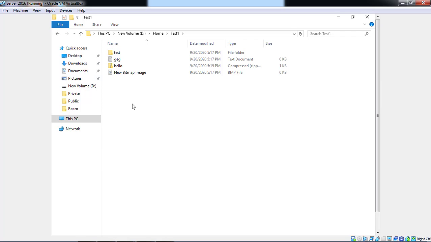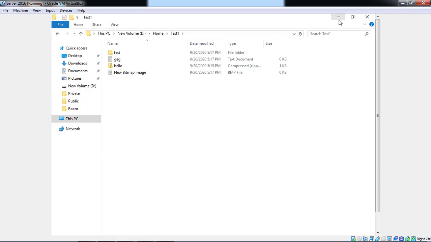We have to provide a limit based on our users. To do this, we have to perform a practical named File Server Resource Management, FSRM.